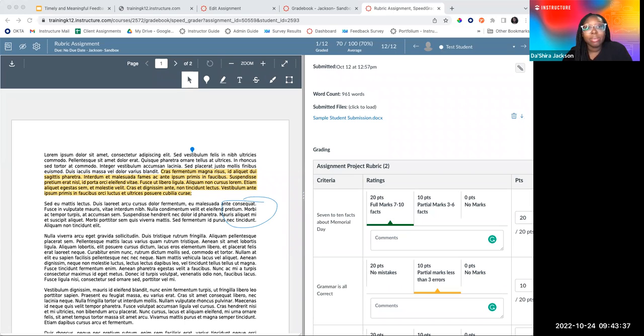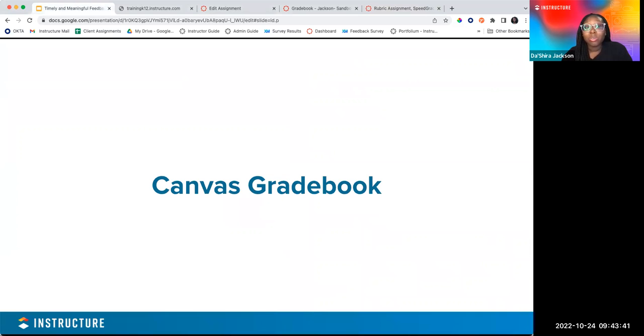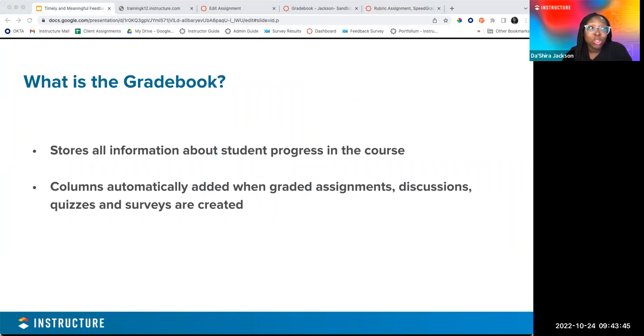Perfect. And the last thing we're going to take a look at is the Canvas gradebook. The Canvas gradebook also has some really great items built into it as well. Obviously, the gradebook stores all the information about the student progress in the course. When students click on grades, they get to see their own individual progress in the course. They can access the assignments or quizzes or discussions and see their results, as well as the feedback from their